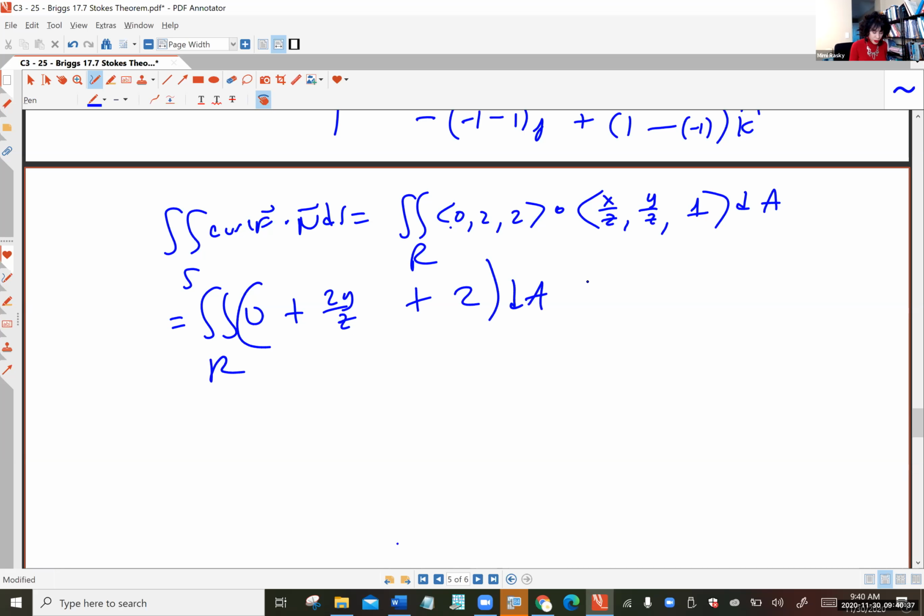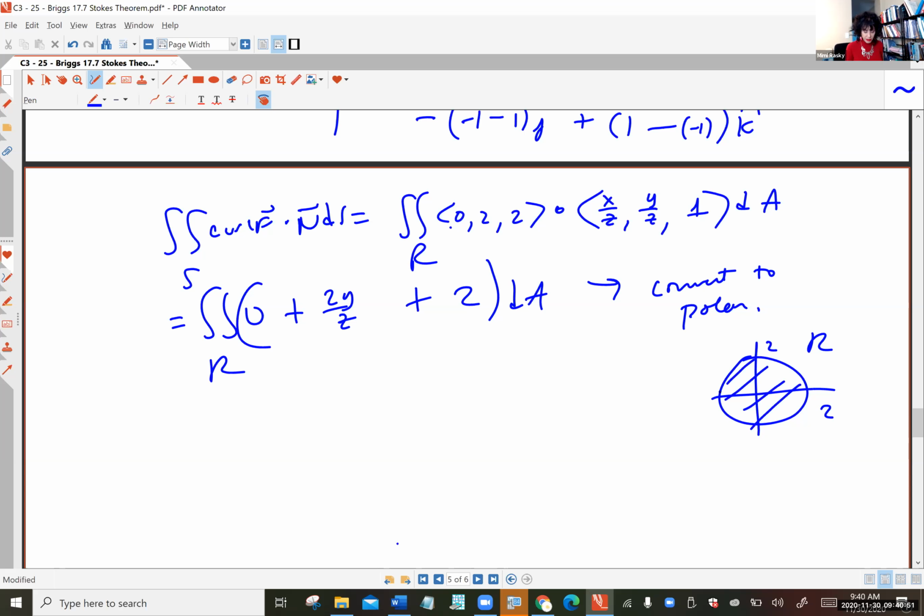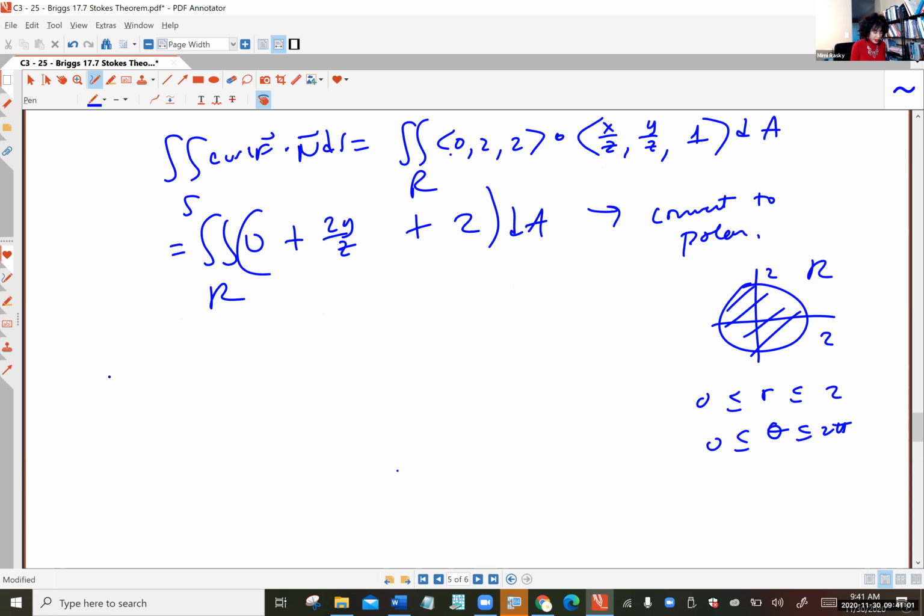And then you guessed it, I'm going to convert to polar. Yeah, because I can. Because the region R is this circle of radius 2 centered at the origin. So it makes sense that r is going to go from 0 to 2 and theta will go from 0 to 2 pi. That's how we're going to roll. So when we iterate,